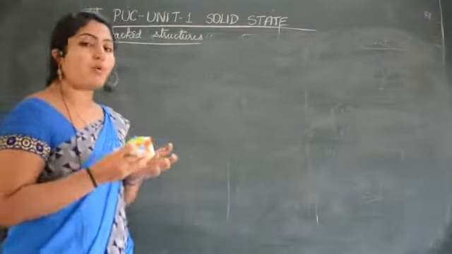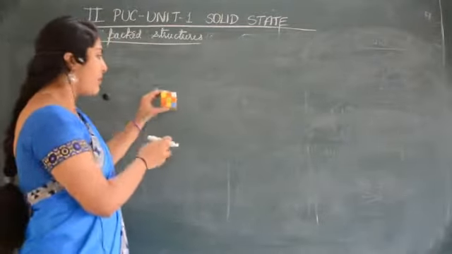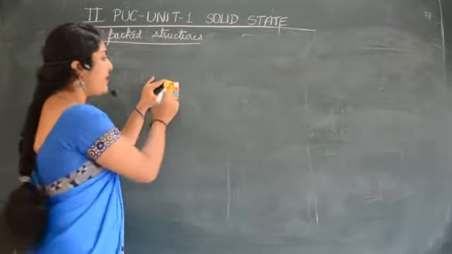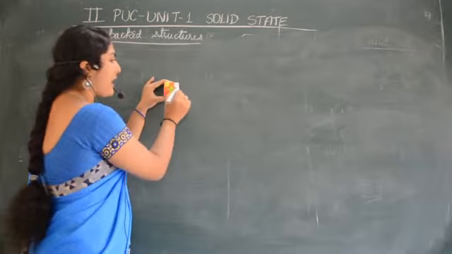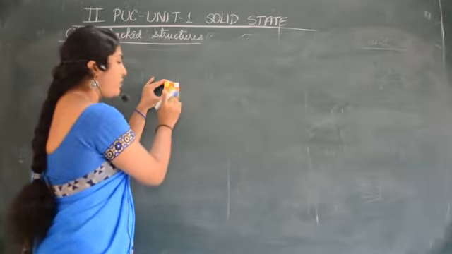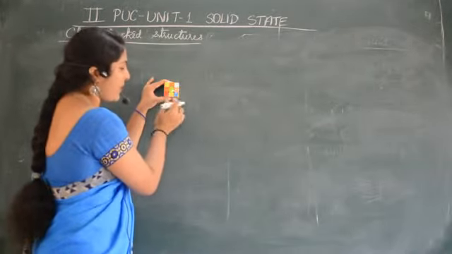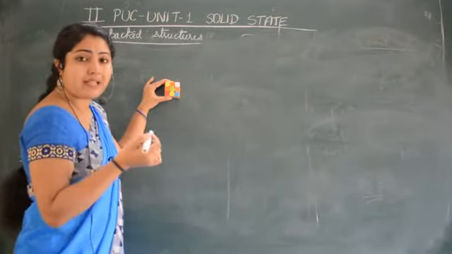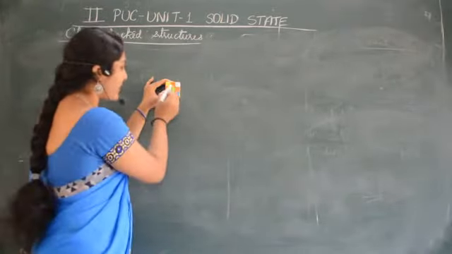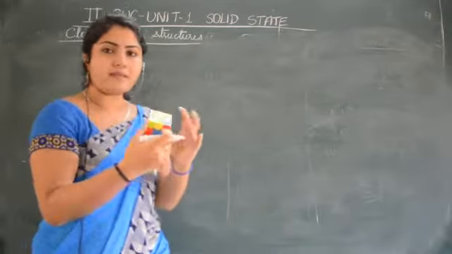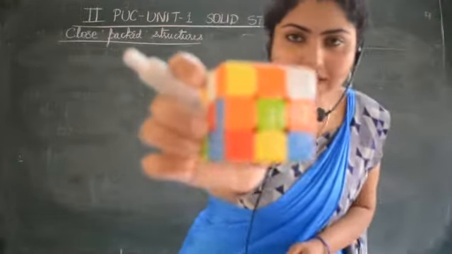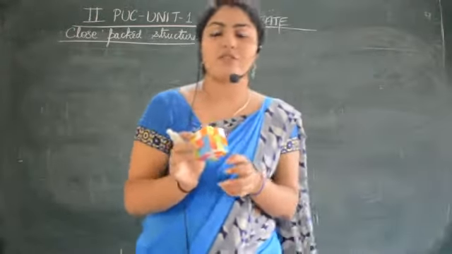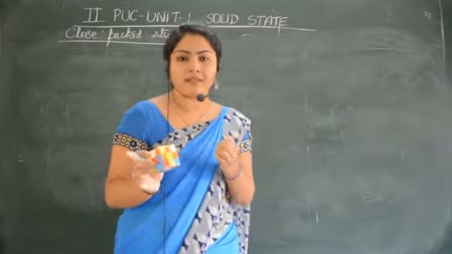Whenever a close packing is done, the atoms are tightly packed with minimum space between them. So I can't say that there is no space between the atoms itself. There you can see the spaces. That means the arrangement is done in such a way as to minimize the space.